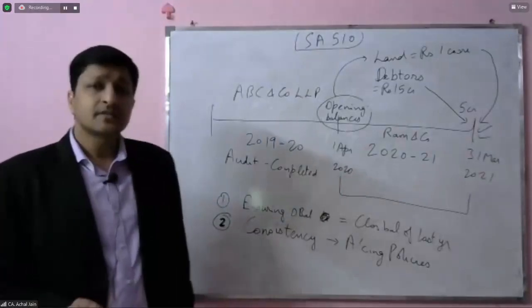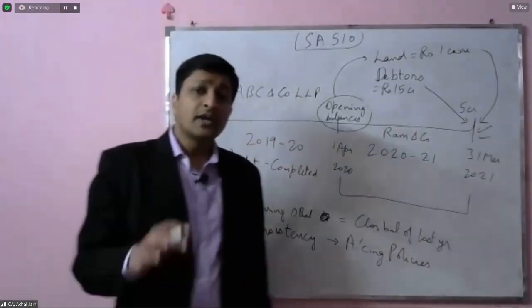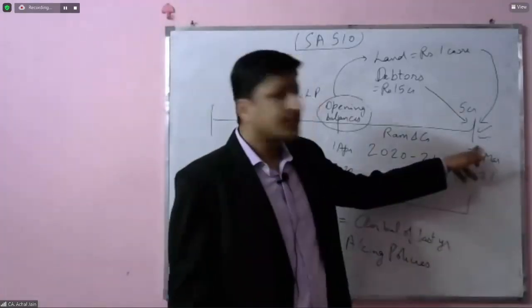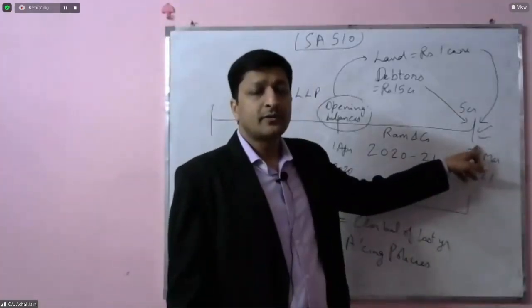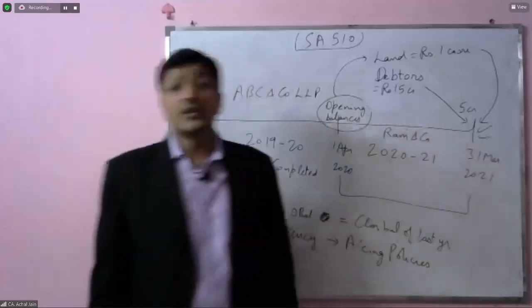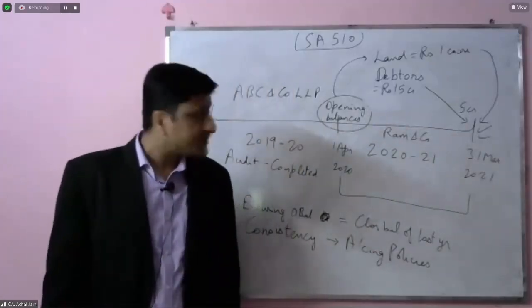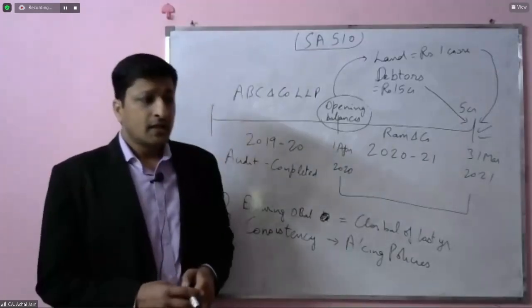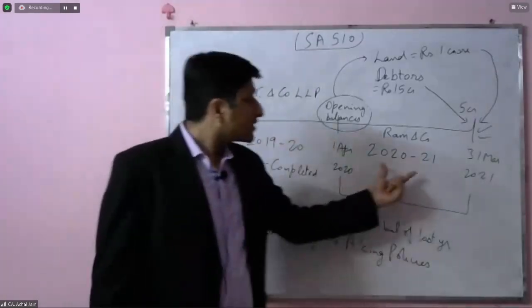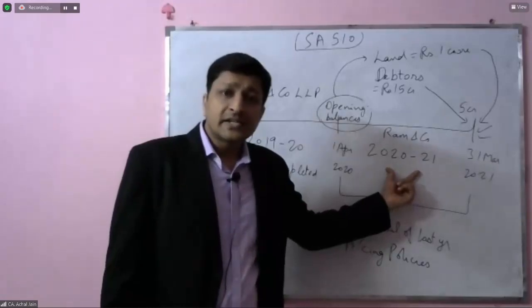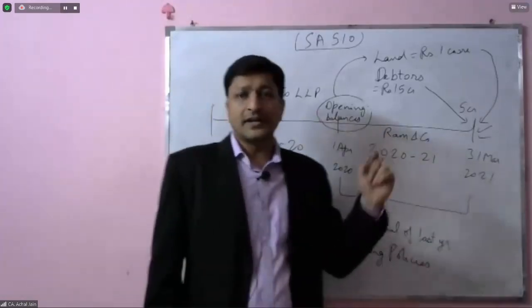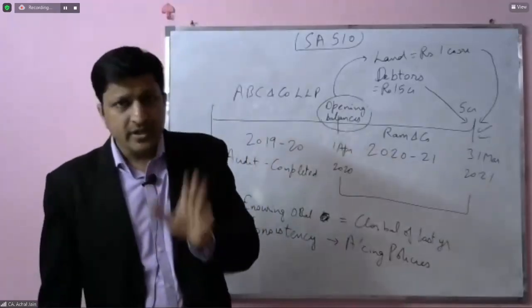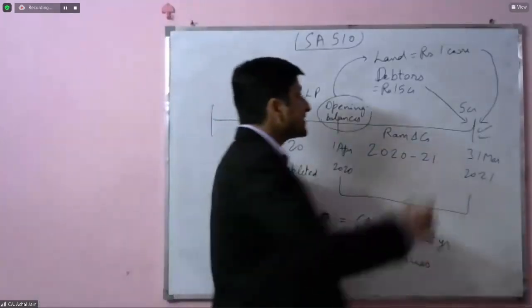Now in this case, the new auditor is carrying the opening balance as at 31st March 2021. Now if he would carry the opening balances in such a scenario, for this new sales or the sales of the current year, auditor would have performed some procedures. Obviously, yeah. So that means we can say